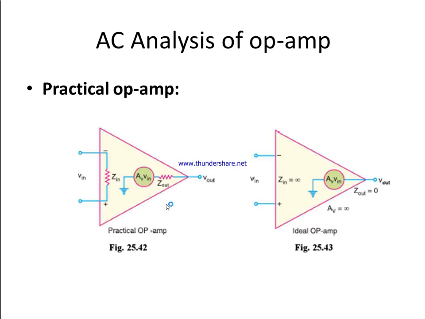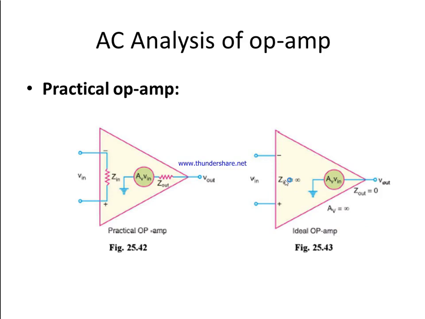Even though the input voltage is small, the voltage gain is very high. But here Vin can be 0. That means Vo by Vi is 0. That means even if we are not giving any input to the op-amp, we will get a very high output. That is the meaning of Av equal to infinity, but we know that it is practically not possible. That is why I told you that it is an ideal case. So for an ideal op-amp, the gain will be infinity.